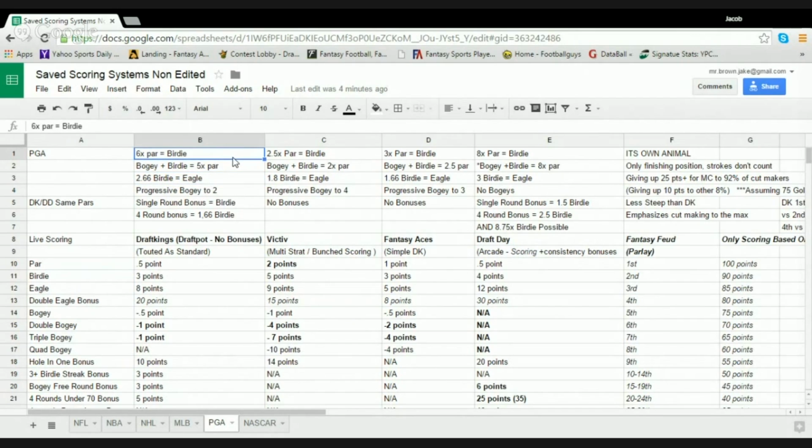Okay, so what I like to do when evaluating a new sport is looking for some important ratios and seeing how they differ across the sites. Obviously, you know not to look at the half-point par and compare it to a 2-point par and say that a par on Victiv is 4 times what it's worth on DraftKings. It's irrelevant how many points you award to the first thing you're deciding. After that, the points then create a ratio, which shows you the value of the different scores on different sites for each hole. So I like to use par because